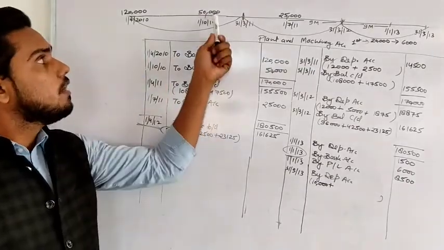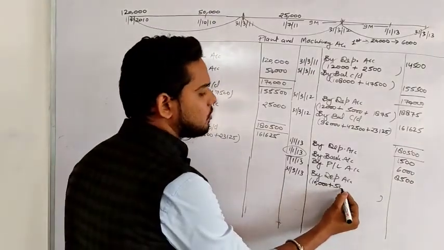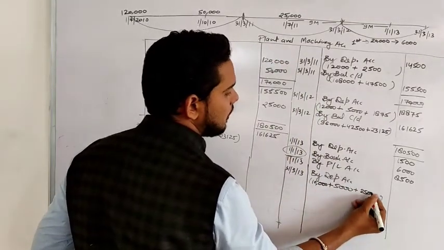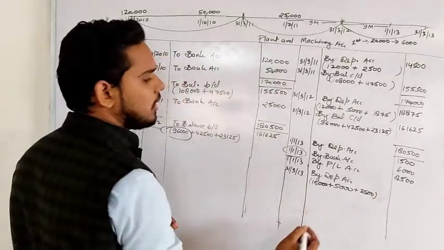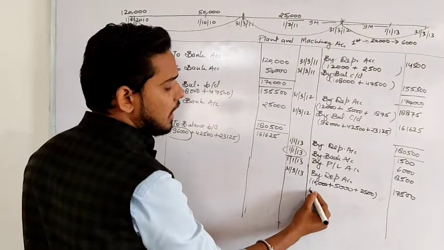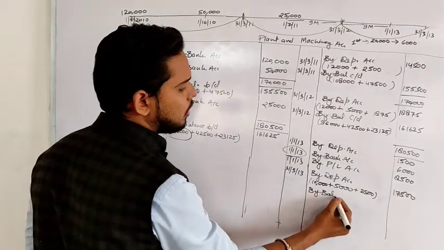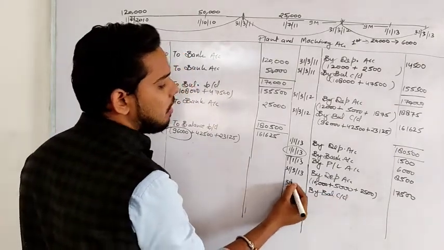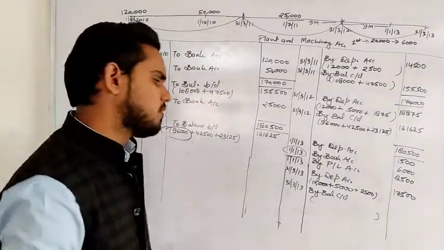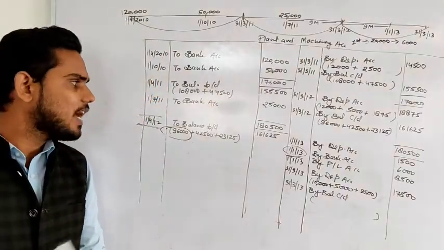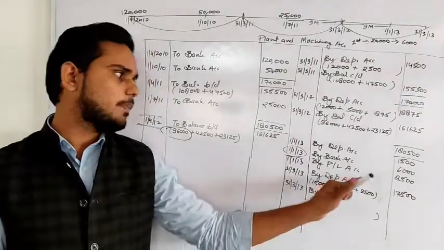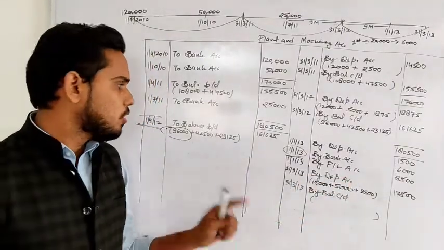On second machinery, 50,000 10% will be 5,000, and third machinery 25,000 10% will be 2,500. No confusion, and the total depreciation will be 17,500. Now we have charged depreciation, so we can close the account and find the closing balance. But this time finding the balance could be a little bit difficult, but not that much difficult. See, firstly let's try to find the balance of second and third machinery. Finding balance is easy, just need to deduct this depreciation from the present value or the opening value.